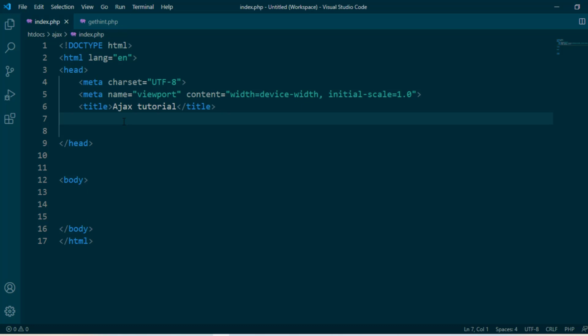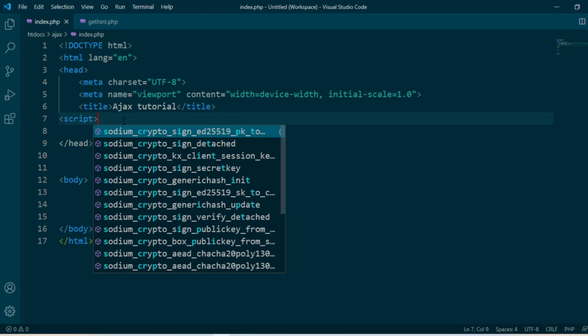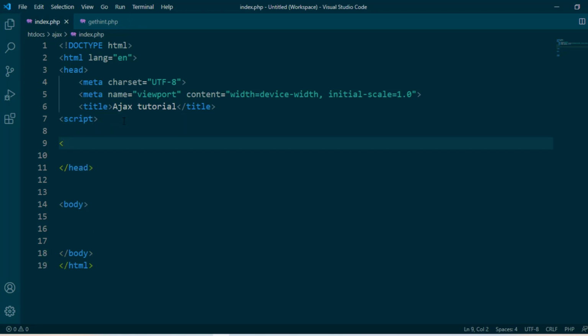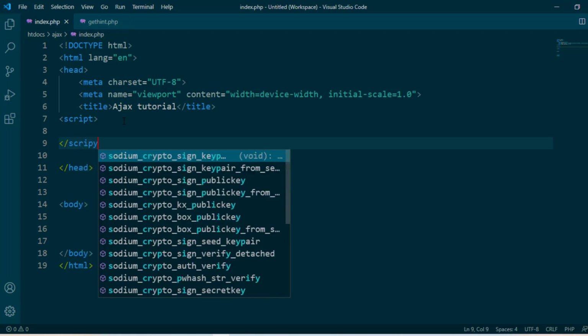So in the index.php, I'm going to go straight to the head of the HTML structure, and here I'm now going to have the basic JavaScript code that we require to get the suggestions once the user starts typing anything in an input field. So we get straight to that, and here I'm just going to say script, and I close it down here. So again, script,